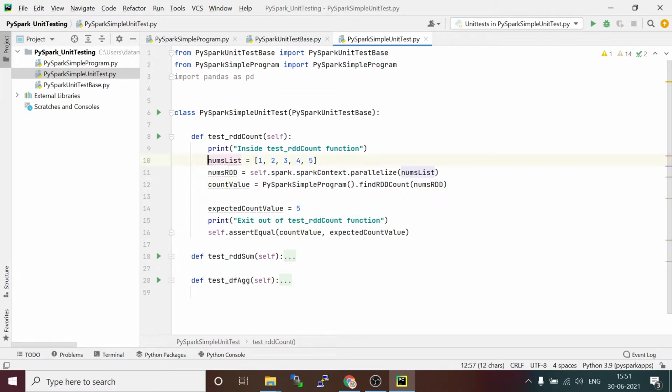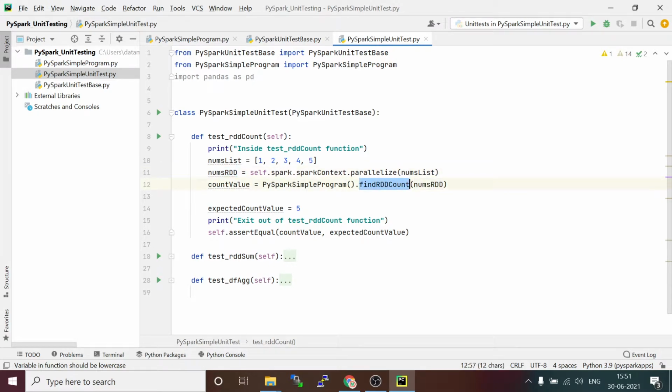You can create a simple Python list which contains some numbers, and we have a class level variable called the Spark session object, which is automatically created when the unit test case runs the setup class method. So it will be available as this class level variable. Spark session object dot spark context dot parallelize, if you pass the Python object, it will return the nums RDD.